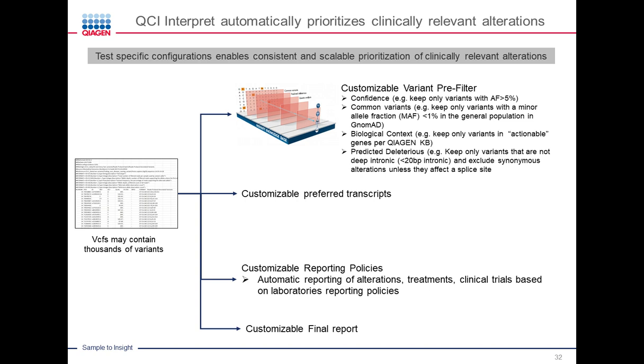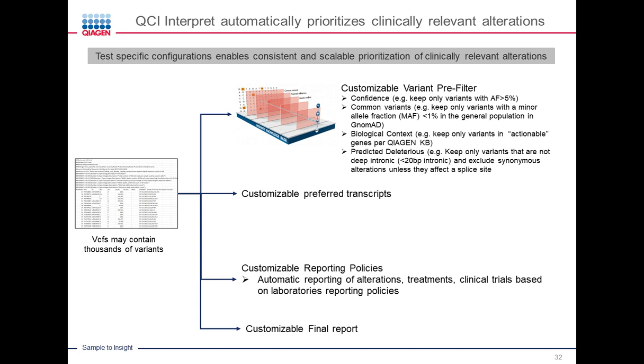Therefore, labs using comprehensive cancer panels are challenged to prioritize and interpret relevant, actionable mutations while ensuring a fast turnaround time. QCI can be customized via test-specific configurations, which enables consistent and scalable prioritization of clinically relevant